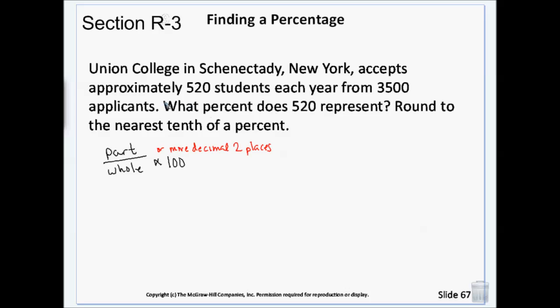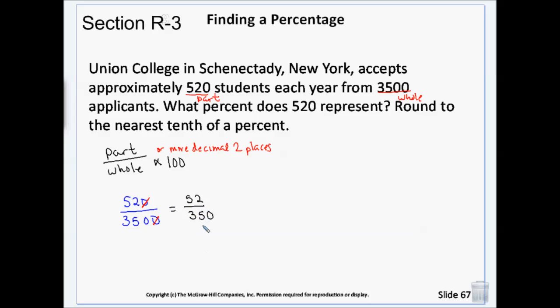Guys. So approximately 520 students from 3,500. This is the part. This is the whole. So I'm going to take 520 and I'm going to divide it by 3,500. Now, one nice little trick, zeros will cancel each other out because you're dividing by 10. So what I really have to do is divide 52 by 350,